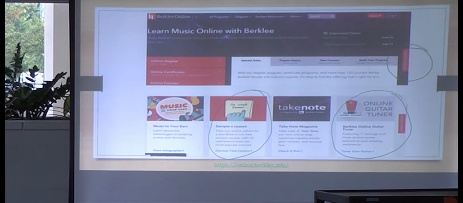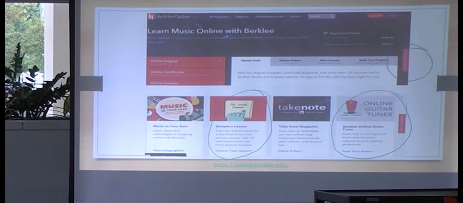This is an image of their website, and we don't just see on their homepage, here's where you apply, or here's how you get more information. But what they have on their site is information that would be very beneficial to somebody who is the type of prospective student that would ultimately end up going to Berklee College of Music.